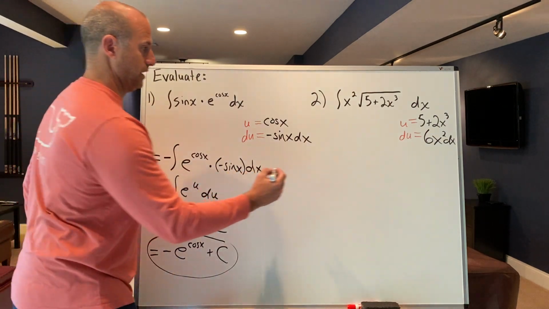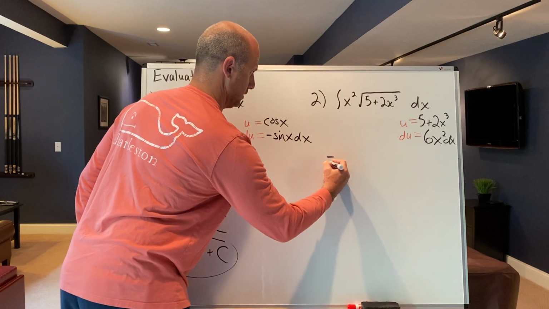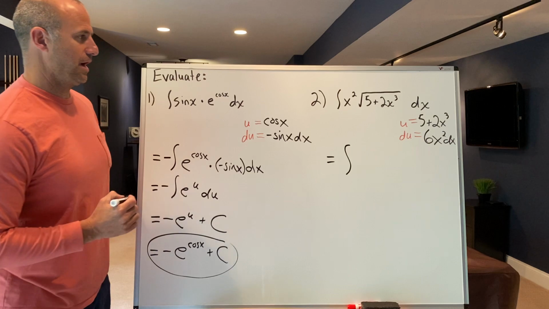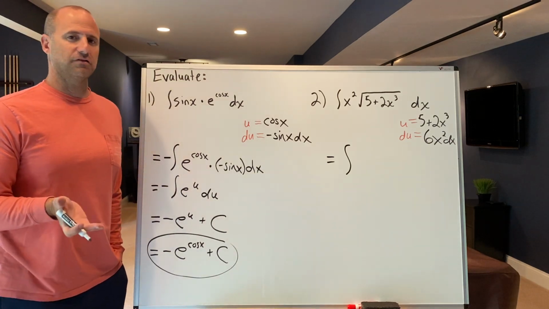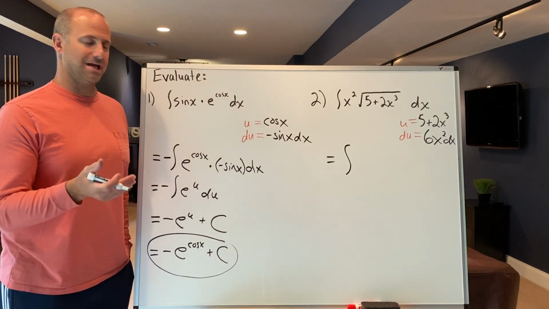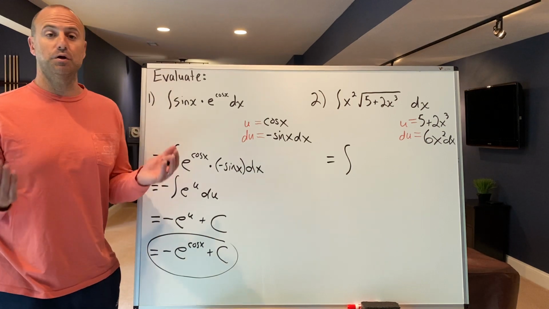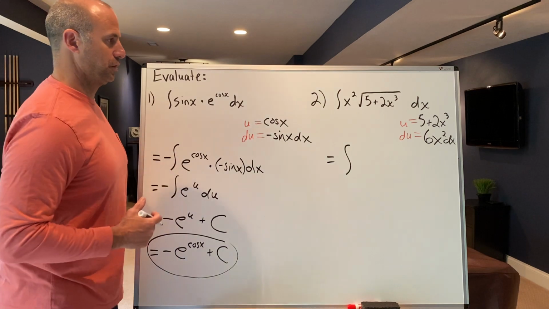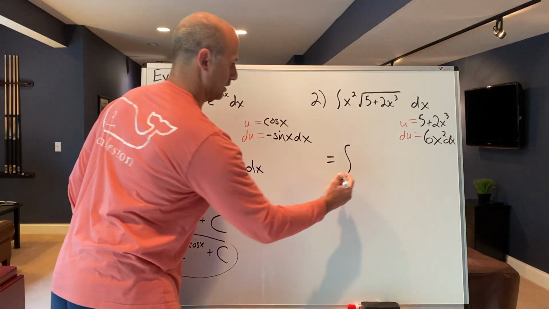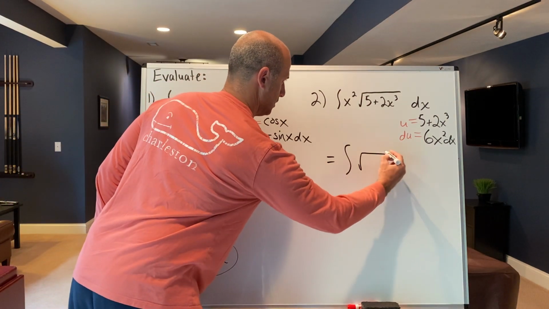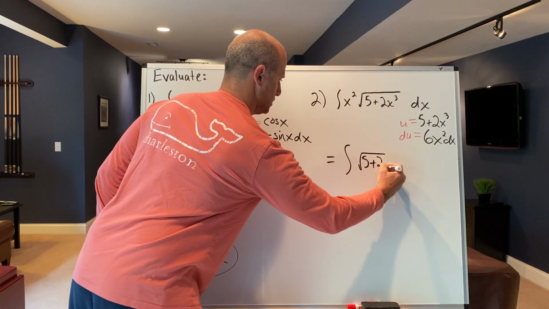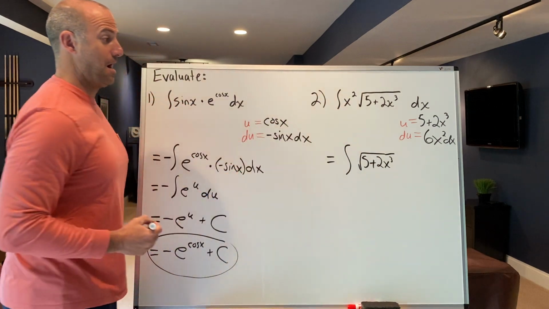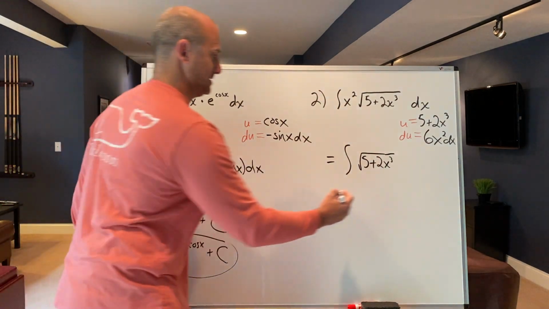Okay, let's rewrite it, and I'm also going to reorder it while I'm doing it. So this is the integral of, and I always like the u part to come first and the du or dx part to come last. If you don't reorder it, it's not the end of the world. At some point you'll figure it out, okay? But I'm going to go ahead and reorder it, and I'm going to start with the u part. So this is the square root of 5 plus 2x cubed. And then times x squared, I'm actually going to write it as times 6x squared